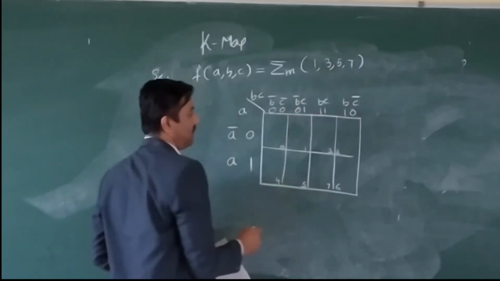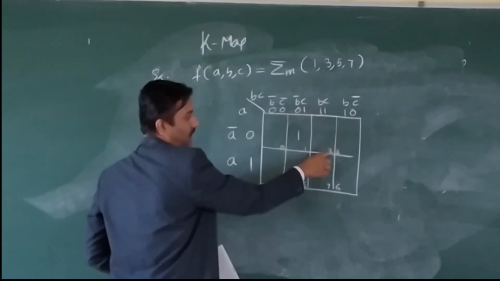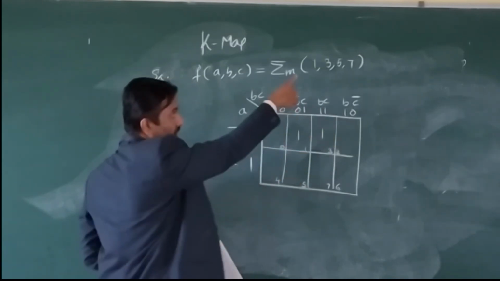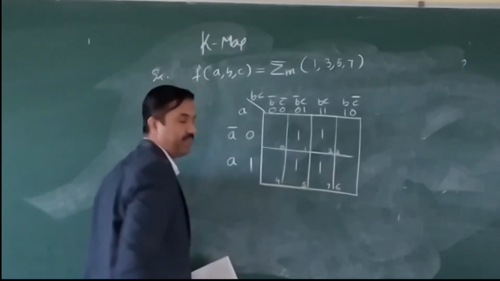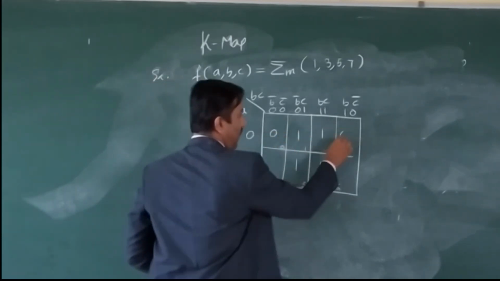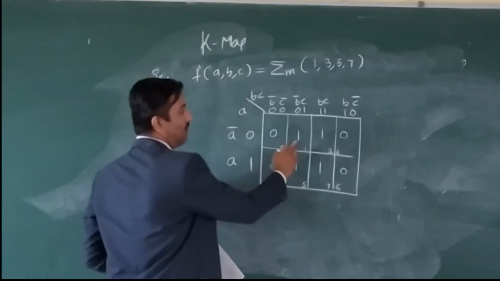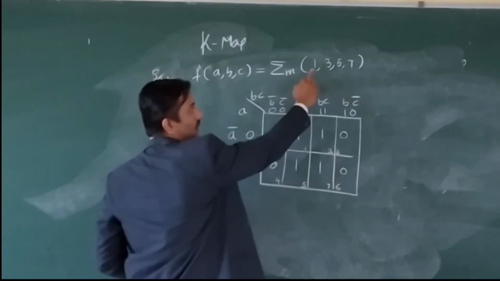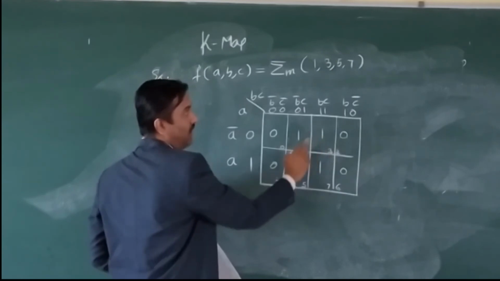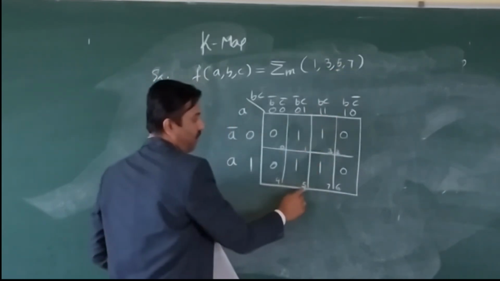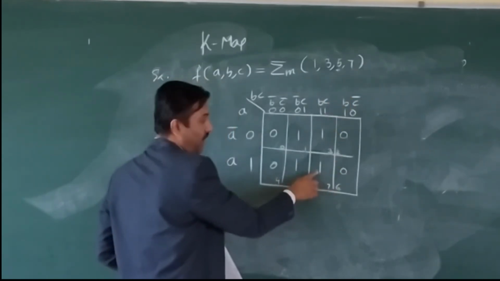So it's very easy to put the ones in the respective cells which are part of that function. So 1, 3, 5 and 7. Where is 1? See, here it is 1. So I put a 1 here. Next is 3. Put the 1 in cell number 3. 5. Put a 1 in cell number 5, and then 7. Okay. This is how we normally represent it, and the remaining cells we put as 0. So 1 is here, 3 is there, 5 is there, and 7 is there, each with a 1.